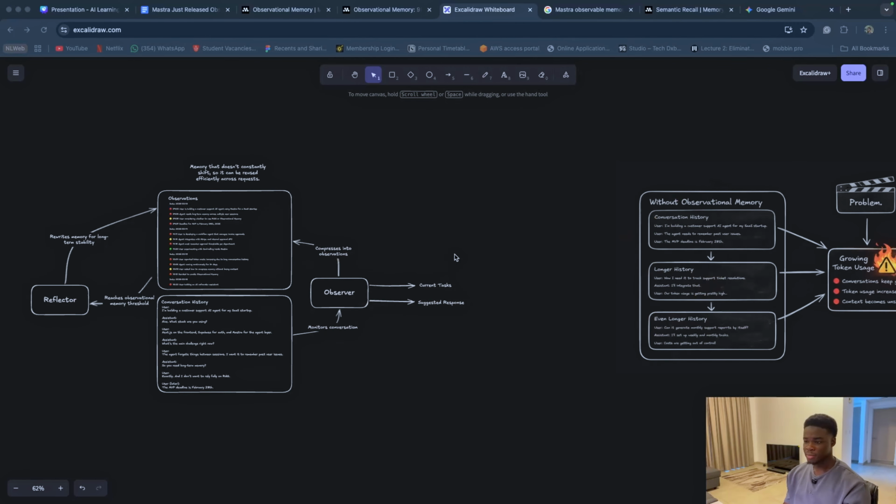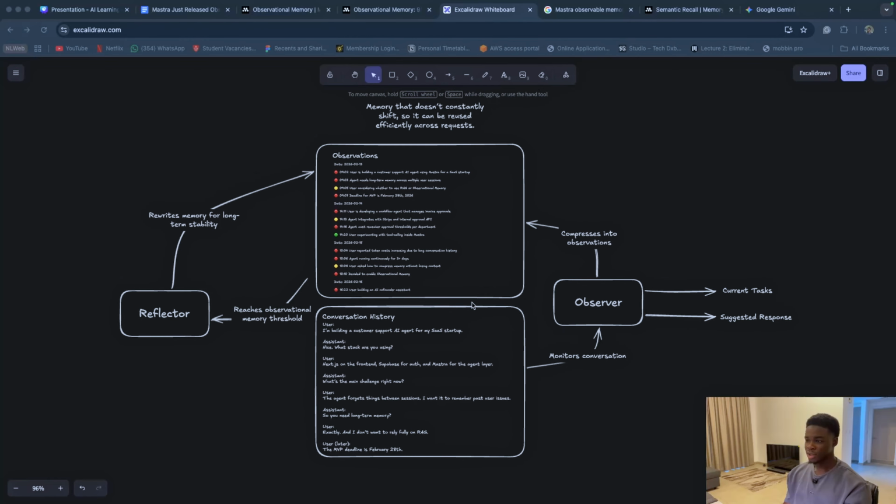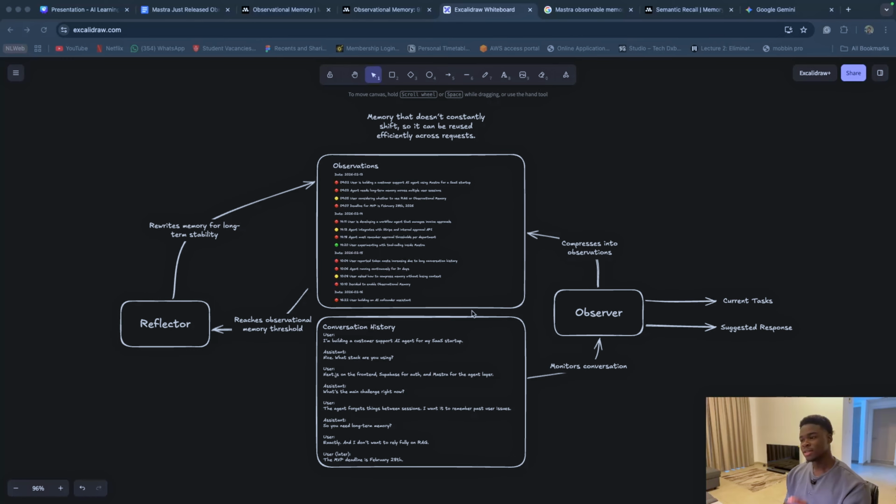However, with Mastra, how it works is this. Your context window is divided into two sections, your conversation history and your observations. And there are actually three layers that make this work. The observer agent, the reflector, and your entire history, entire observation panel. Right, so this is how it works. As conversation grows, once it reaches a particular threshold, the observer keeps on monitoring your conversations. Once it reaches a threshold, it will